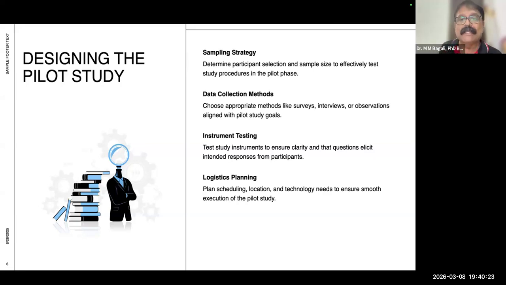So two pilot studies, in case you have a comparison study that you want to do. Two pilot studies are always better, so that it refines your questionnaire, it refines your approach, it refines your interview schedule, it refines other aspects of your interview instrument, or your data collection instrument.